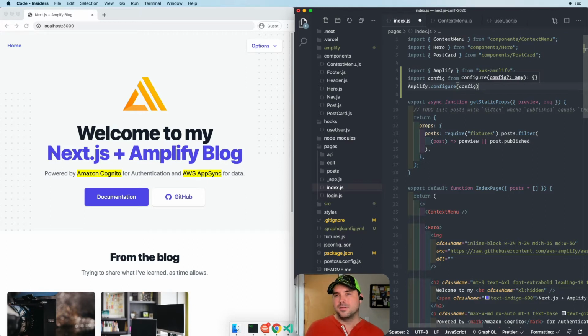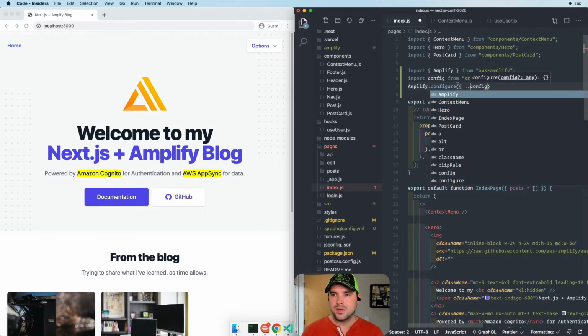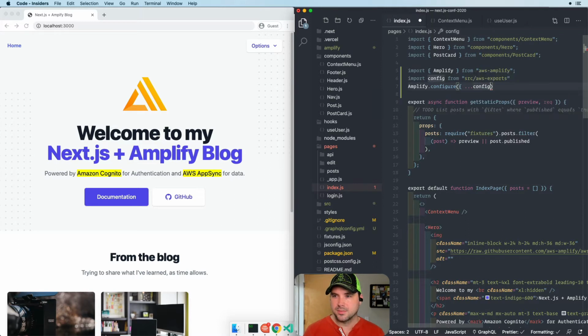Now, this is what you normally would do for Create React App or some client rendered application. However, since we're using Next.js, we're going to enable server-side rendering with this. And we're going to set SSR to true. This is going to make our Amplify application SSR aware. And so that way, Amplify will work both on the client and within your Next.js applications, whereas it didn't before. So now that we've configured our home page to use Amplify, let's go ahead and